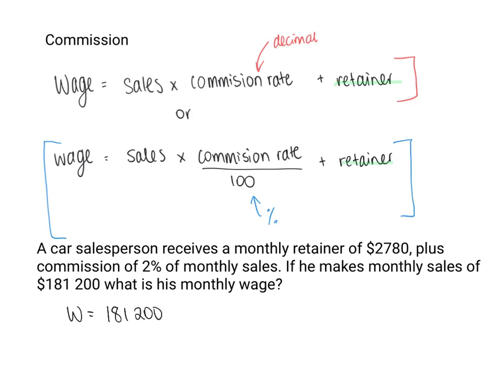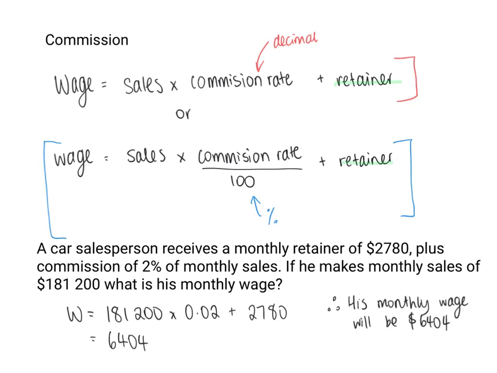$181,200, multiplied by his commission rate. I'm going to convert that to a decimal because I'm doing my working here, which would be 0.02. And then I'm going to add his retainer on top of that, so it's going to be the $2,780. That will come out that his wage will be $6,404. Now, because this is a worded question, I always recommend that we have a worded answer with units. So his monthly wage will be